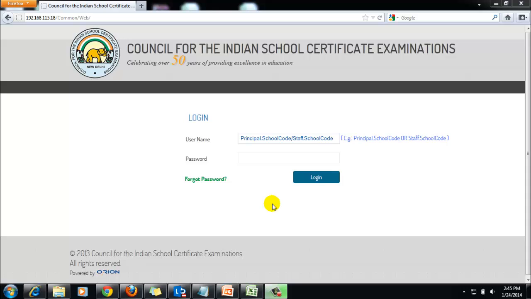Login to the careers application using the principal's login ID and password.